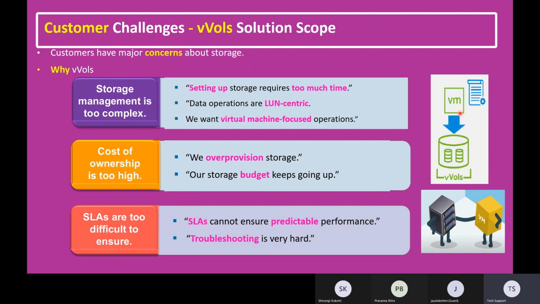And in virtual volumes, how the virtual machine is stored is based on the policy only. If you see this diagram, this box refers to a virtual machine, and it runs based on the storage policy. This storage policy we normally maintain like t-shirt sizes: small, medium, large. If your virtual machine is a large VM, you can choose the storage policy as a large VM. So this VM will go and be stored on a large container datastore. And suppose your virtual machine has a medium policy. That means the medium size VM will be stored on a medium